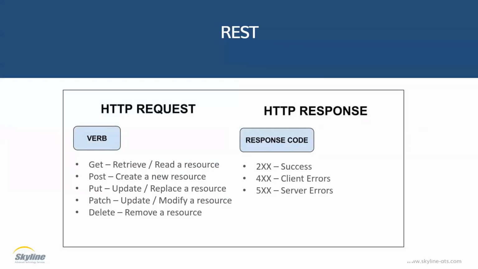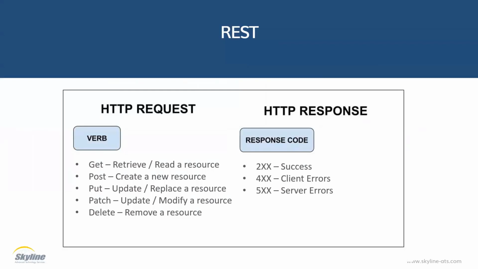The other thing that you should understand is the response codes, what are the different responses that you can get back? So normally if it begins with a 1, it is informational. You don't see those a whole lot. If it begins with a 2, that means it was successful. In other words, a 200 means okay. A 201 means that a resource was created. 204 means no content, right?